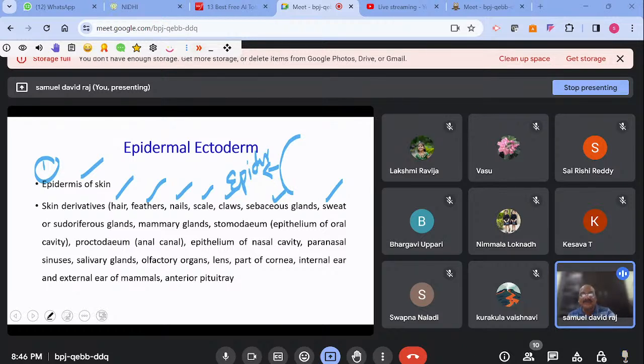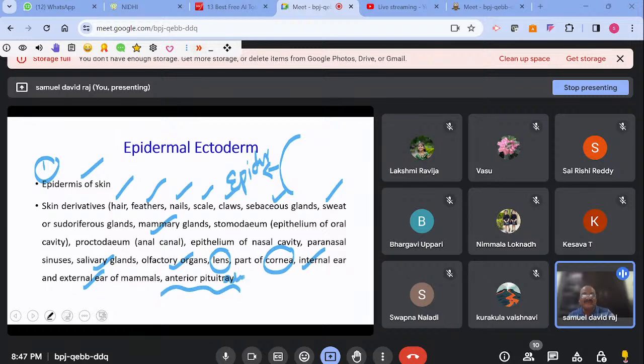And at the same time, there are mammary glands and salivary glands, olfactory organs, lens of the eye, a part of the cornea which covers the outer surface of the eye, internal ear and external ear of mammals, including anterior